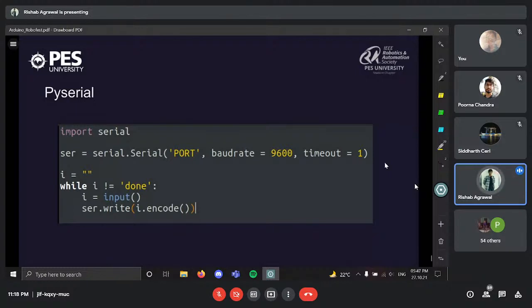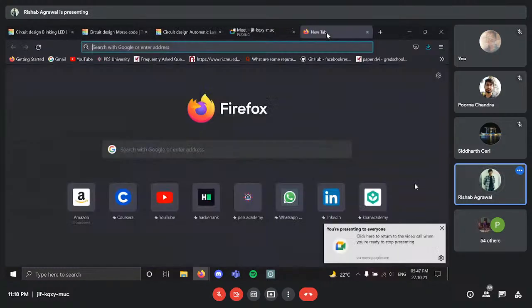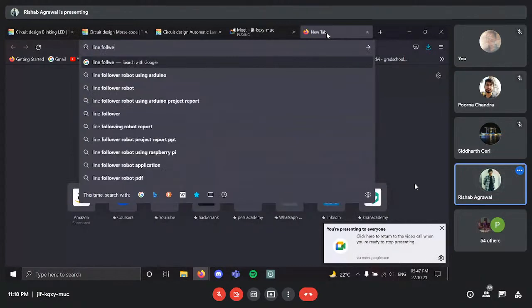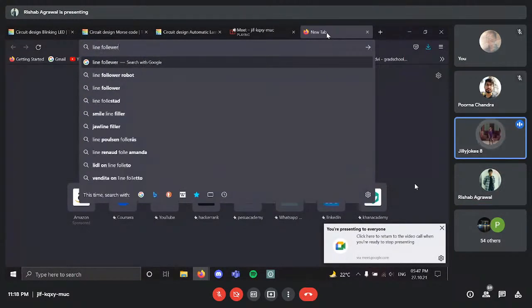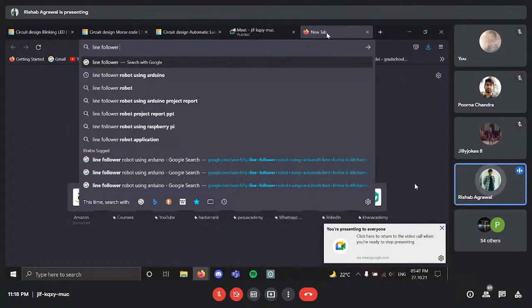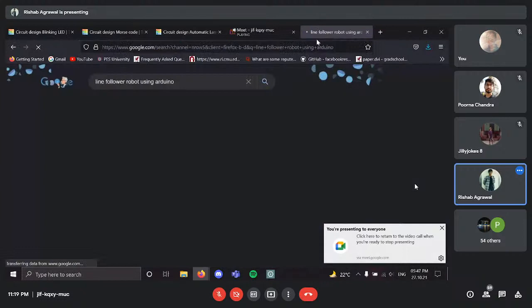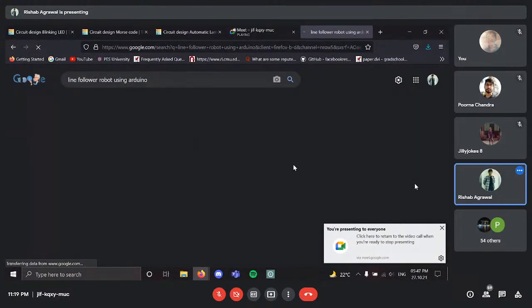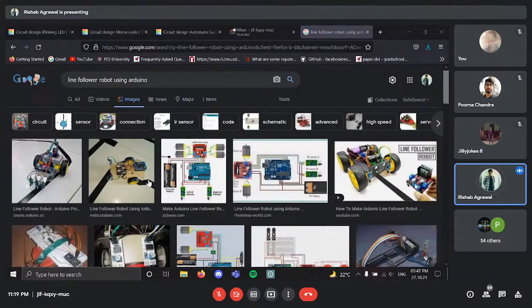One second. Sir, you use an IR sensor to follow a line, not an LDR, no? No, LDR, IR, both of them you can use actually. Yeah. So as you can see here,